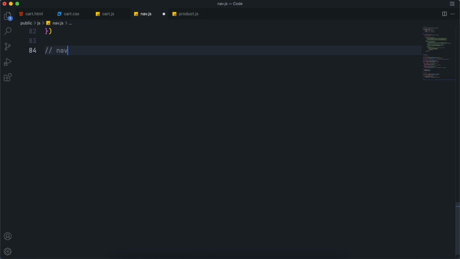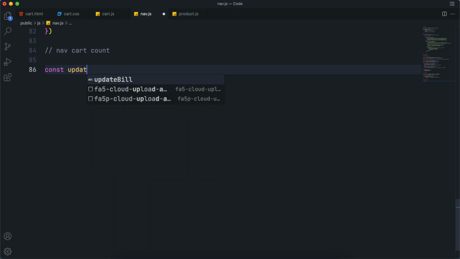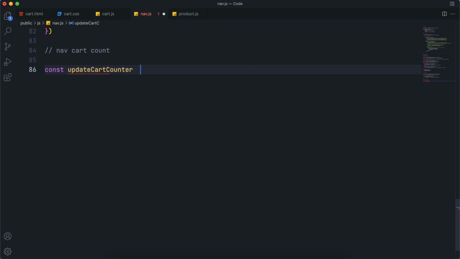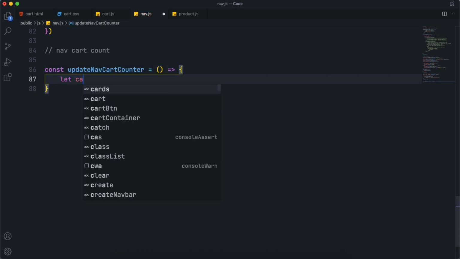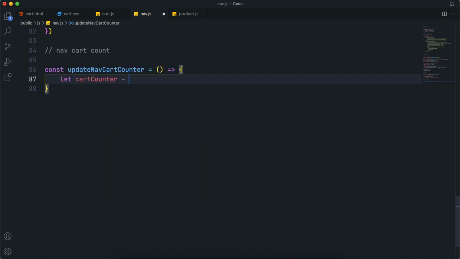Now at the very bottom, make a function. Let's call it updateNavCartCounter, and this function will basically update the item count of the nav part.